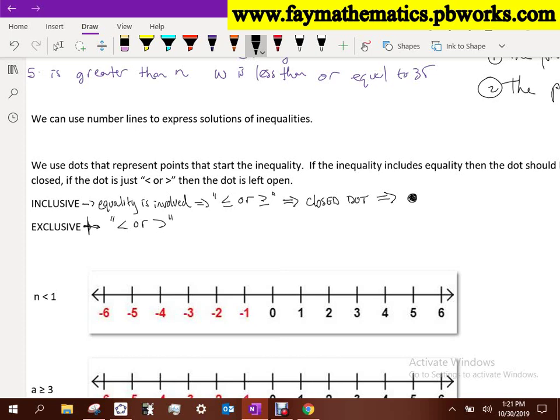Okay, so we've got that. That's either less than or just greater than, which leads us to what we call an open dot, which graphically, as a picture, would just be that. Now here's my question. Which one